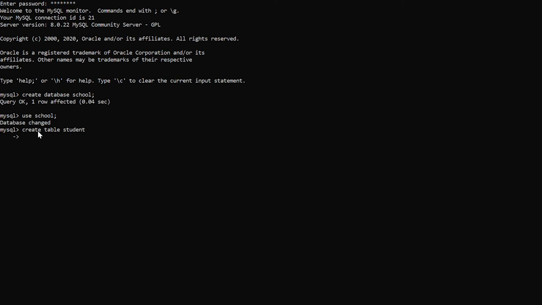In student, we are going to take roll number. We have to use the data type of this particular field. So roll number is taking integer data type, roll number int.